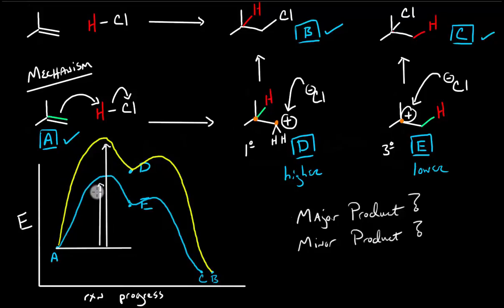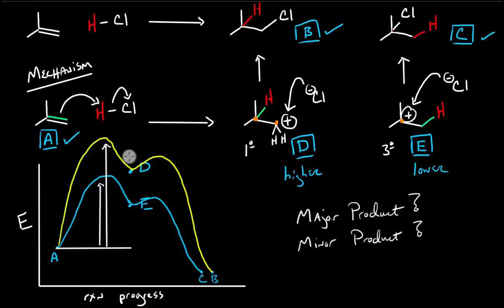The analogy is you would have to ride a lot harder, up a much steeper hill to get to this position. And so obviously if you had to choose, you're going to choose to be lazy and go up the hill that's going to require the least amount of effort on your part. The molecule is no different. It's going to try to go up the hill that's less difficult to go up. In reality, the molecule is trying to sample both hills, and it just turns out that because this hill to get to intermediate E is much easier to get over,